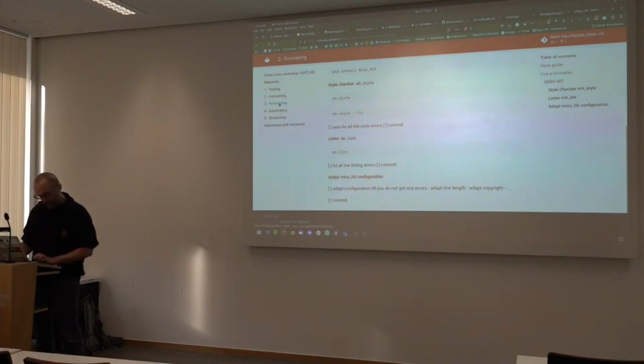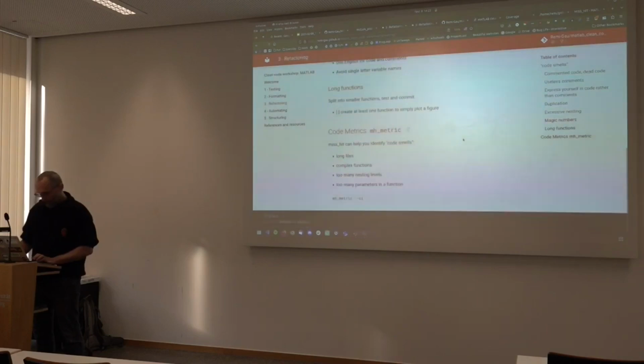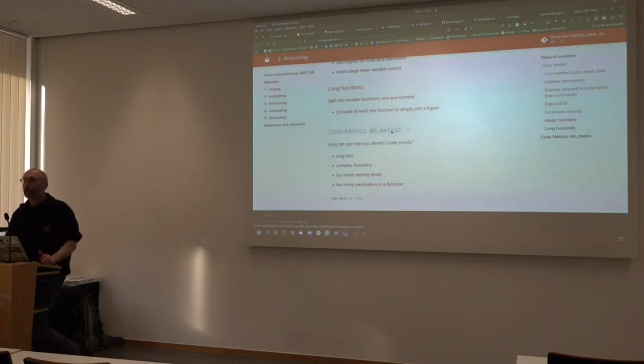No, wait, I'm not on refactoring. Yes, that's what I wanted to show you, how to figure out where to focus your attention first. It's also up to you. Sometimes you might not want to tackle the most complex and crazy part of your code, but maybe some things that are a bit easier. But at least mishit can tell you, hey, this is where you're going to have problems if you don't start working on it now.